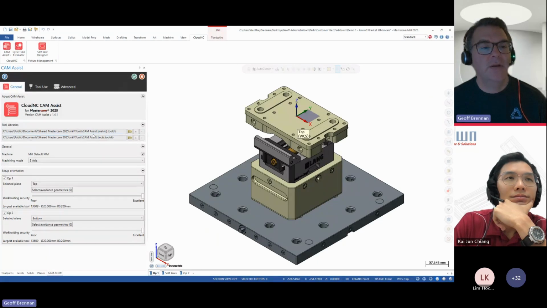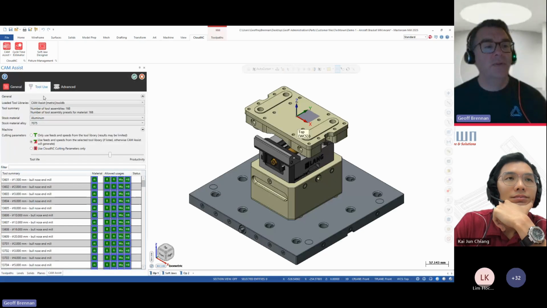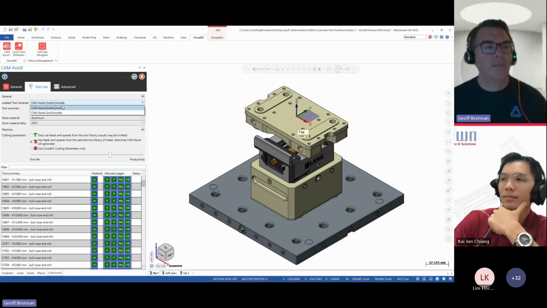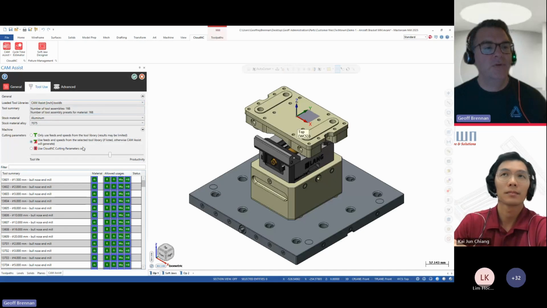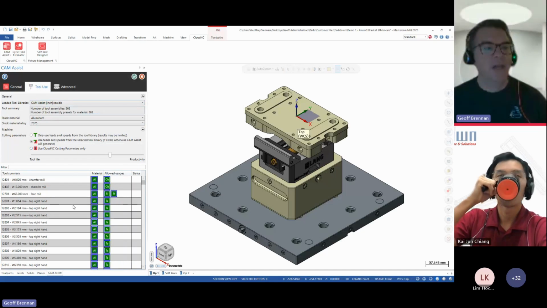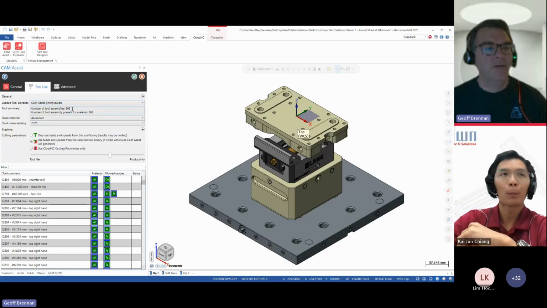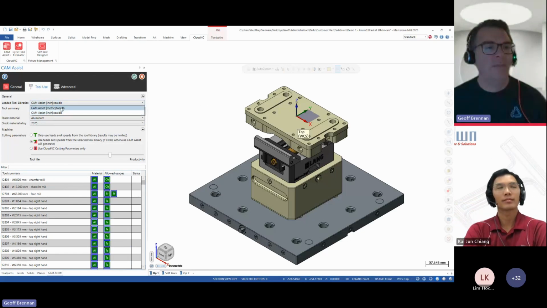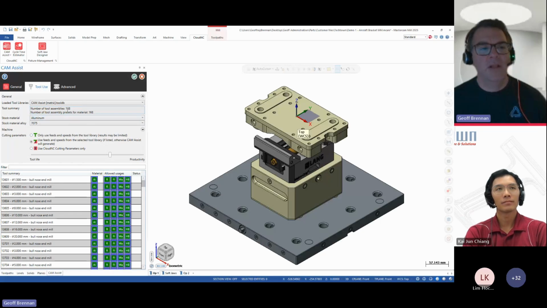It just takes a second to load in here. So now I've got two tool libraries here. Like I said, you can get up to 5. If I look at the tool use here, this top now becomes a control to view those two different libraries. You can see the inch library has 260 tool assemblies, and the metric one has a few less. We've got a lot of drills in the inch library.